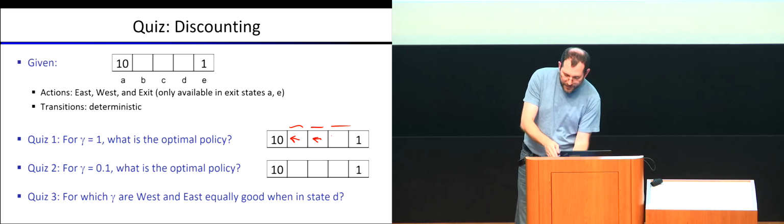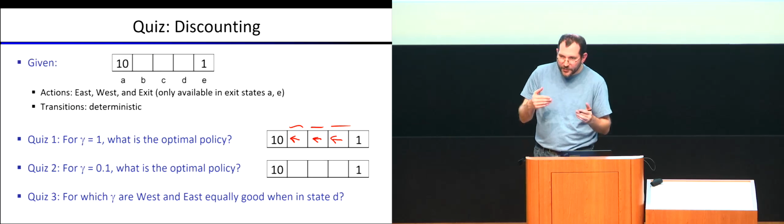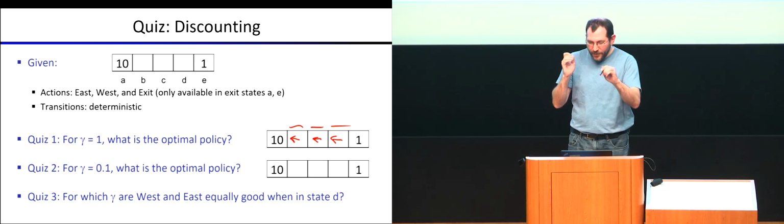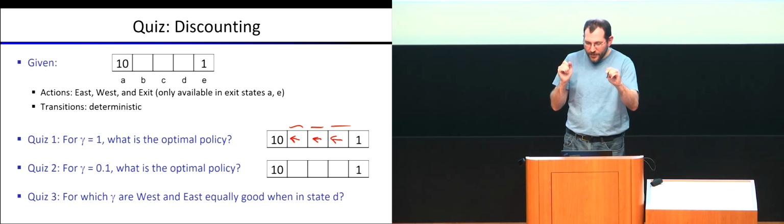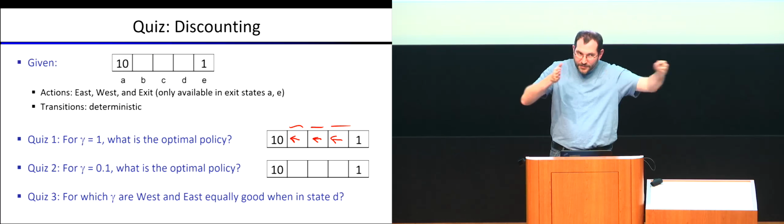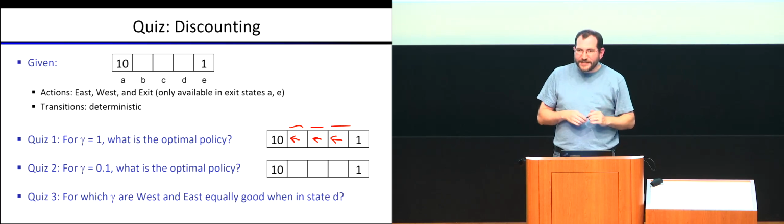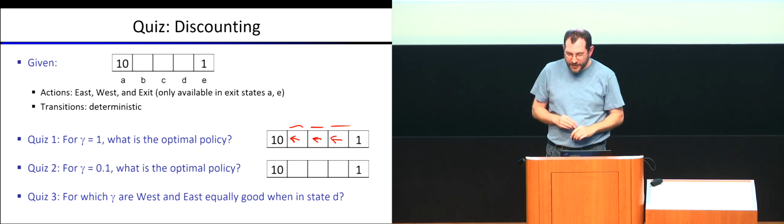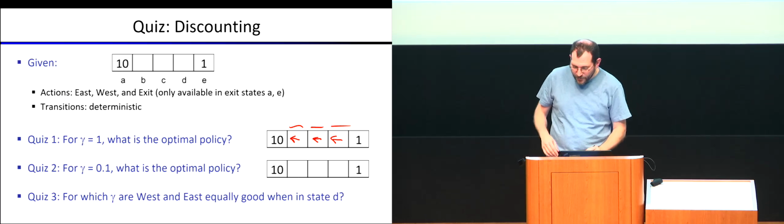I should go left, because what sequence of rewards will I get? I'll get 0, 0, 0. Okay, and then at the end, it's been pushed farther out. I'll eventually get that 10, but that's fine because I'm not actually discounting it. However, if gamma is 1,